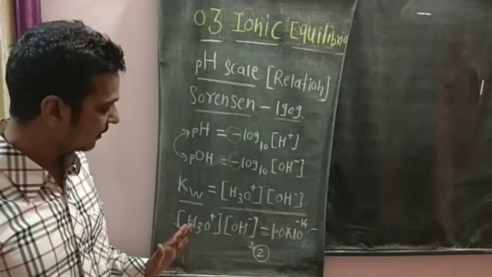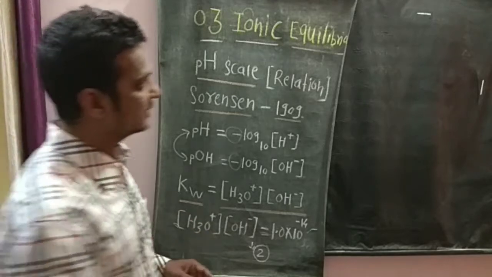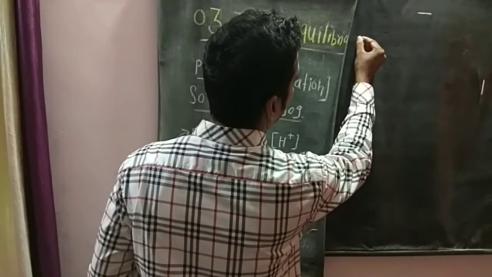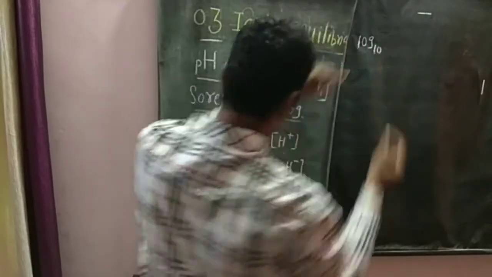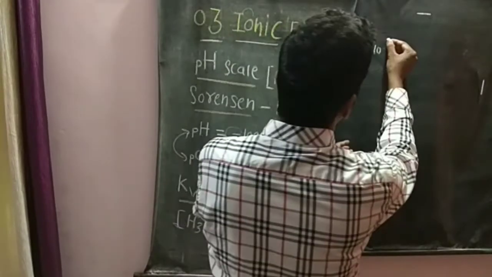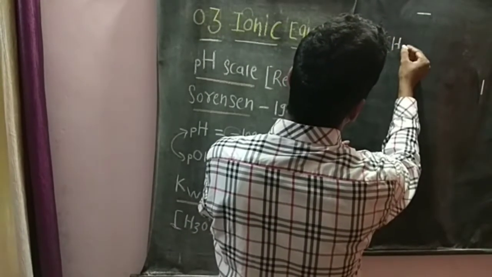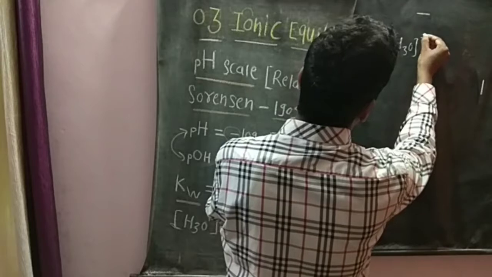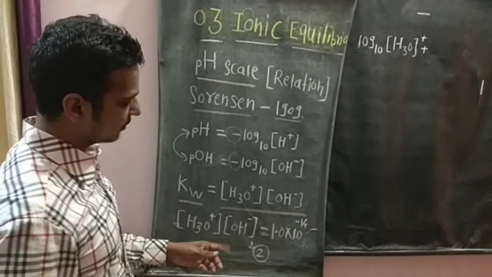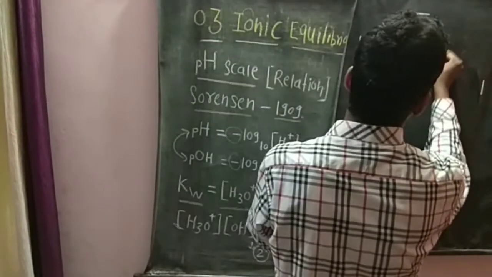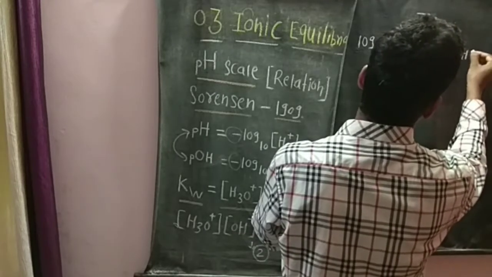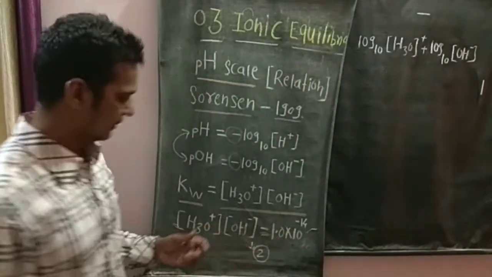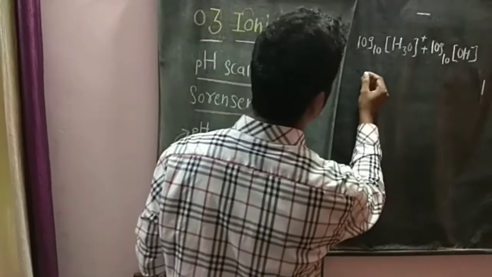So this equation becomes log to the base 10 concentration of H3O plus, plus log to the base 10 concentration of OH minus, is equal to